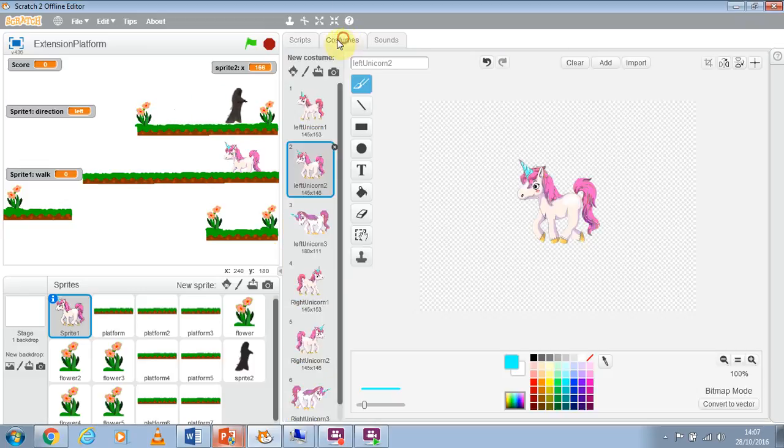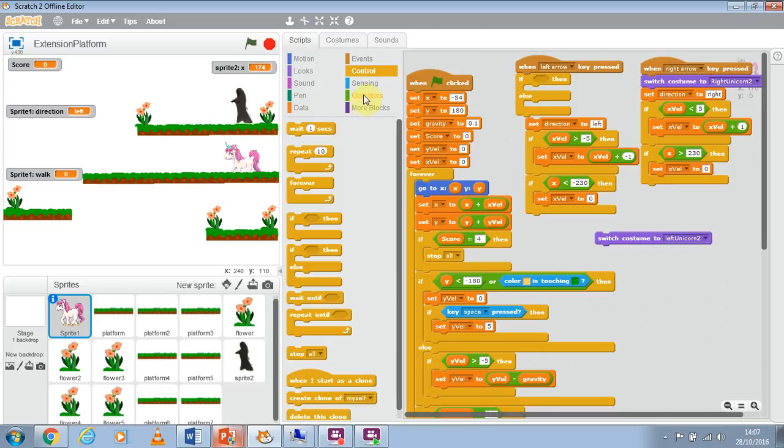Now, in our costumes, we have 1 and 2. Stop this. There's our 1, there's our 2. And it kind of makes a walking. And what I want is that walk will either stand for 1 or 2. And if we're on the 1, then we want to flip to the 2, and if we're on the 2, then the next time we flip to the 1. So it cycles between them. That's what we're doing. So I ask the question,